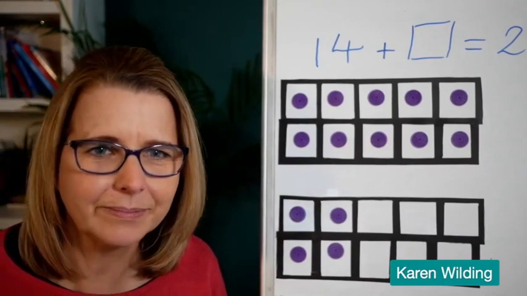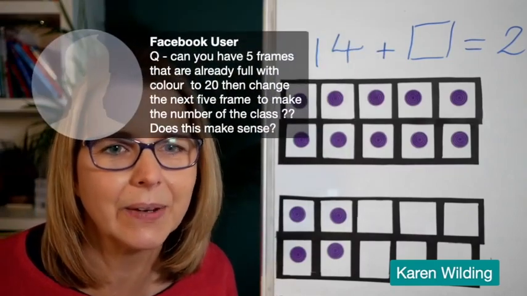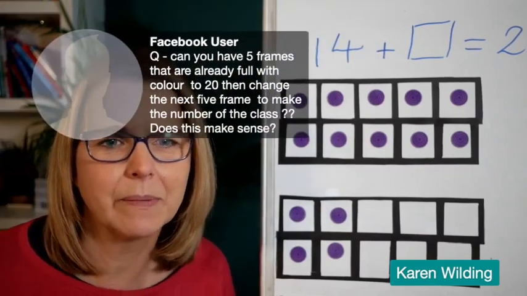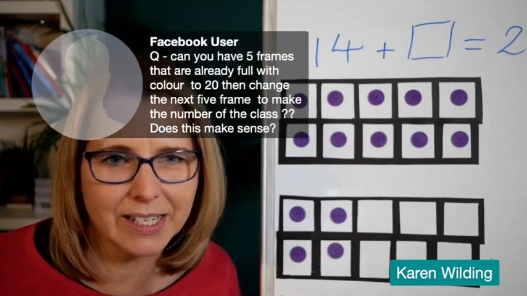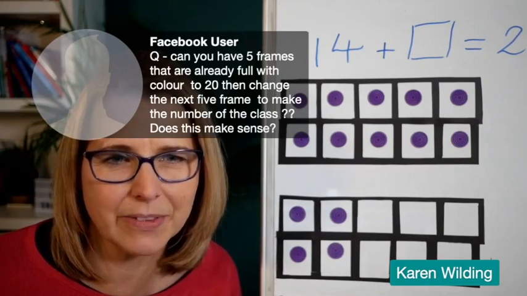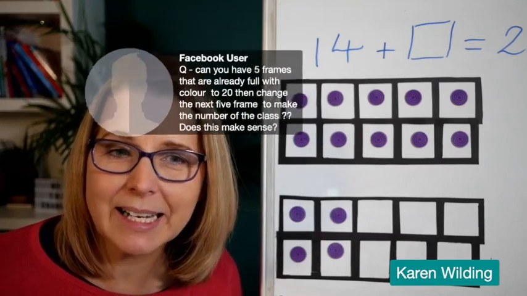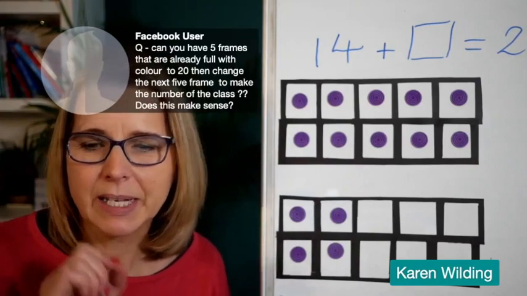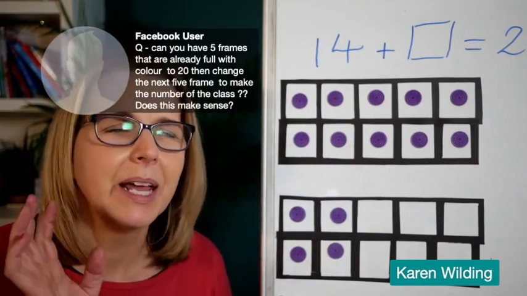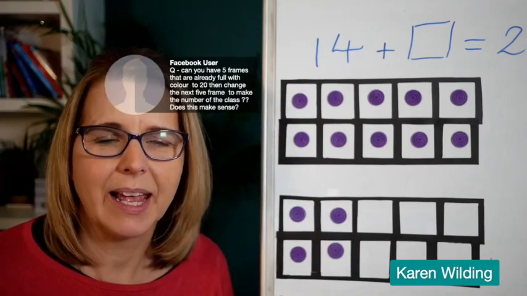I may not be able to answer all of these without training, but let's have a look here. So can you have 5 frames that are already full with colour to 20, then change the next 5 frame to the number of the class? Does this make sense? Kind of. I might need a little bit more explanation there. Give me a little bit more. I don't know who that is, sorry, but what I'm suspecting from the little bit you've told me there is